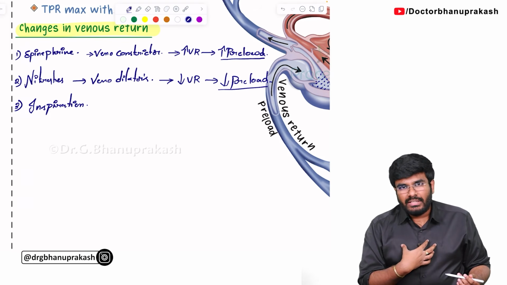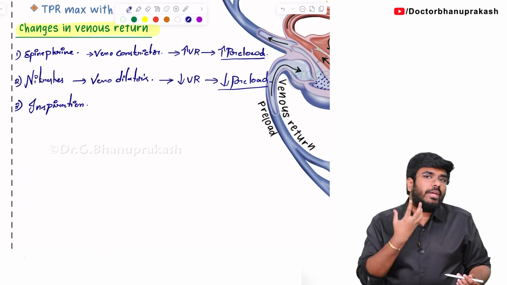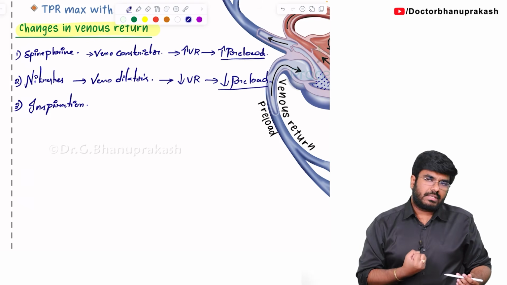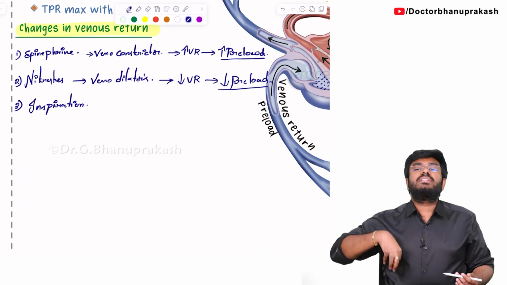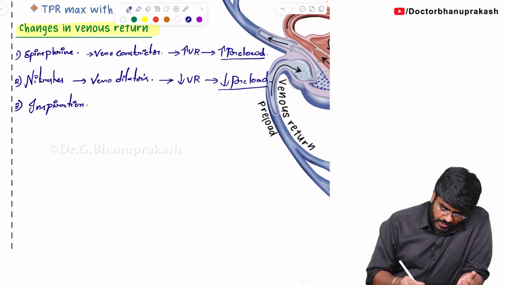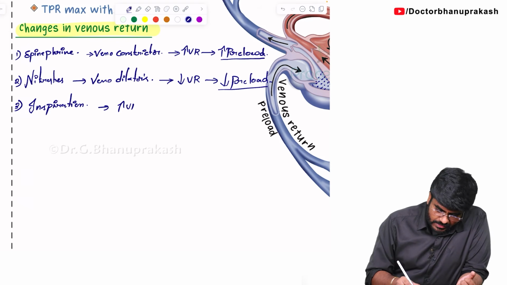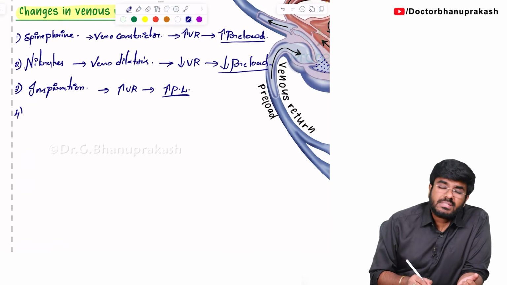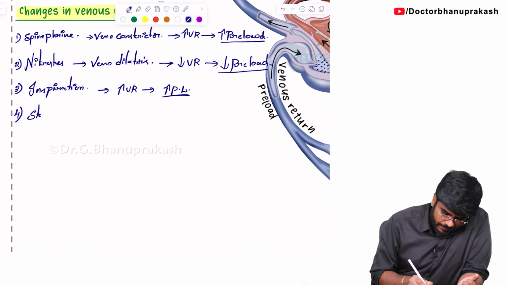Now, whenever there is negative intrathoracic pressure, this negative pressure acts like a vacuum. It is going to suck the blood towards the heart, pull the blood towards the heart. It means more venous blood is going to the heart. So, inspiration increases venous return, which in turn increases preload. Next, when a person is going from standing